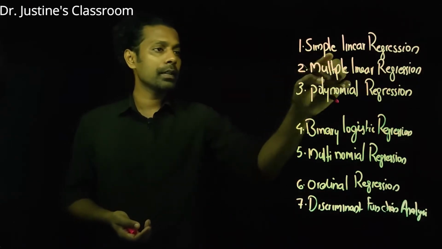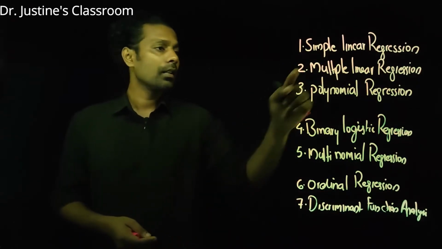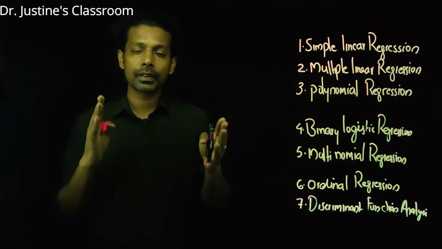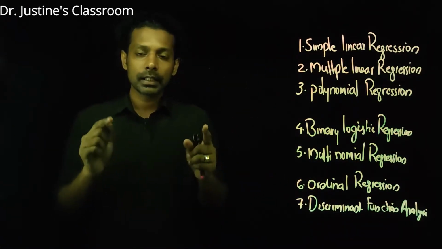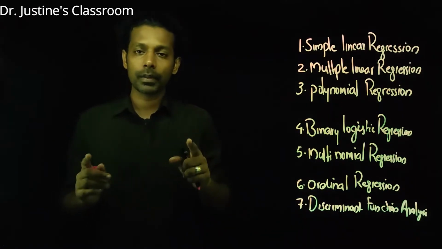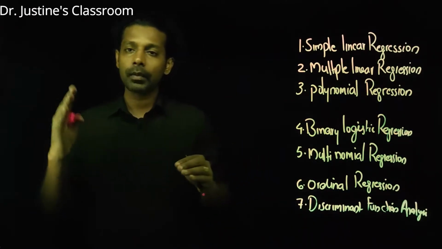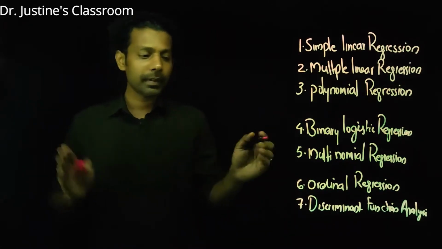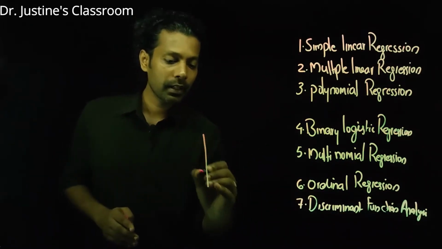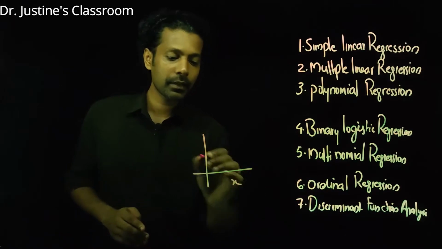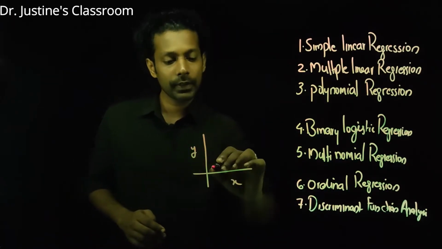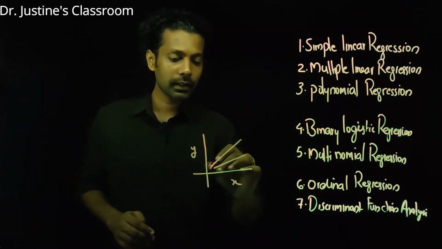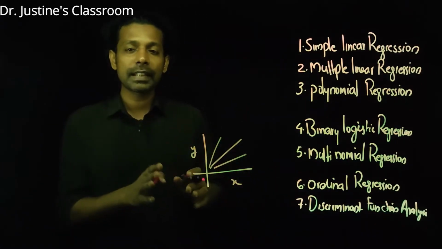So we have the first method, simple linear regression analysis. So what does linear mean? You should have a straight line relationship between two variables. See that straight line relationship between two variables. So when one variable increases, another variable also will increase. That's a linear relationship. Okay, and the pattern would be the same. For example, if you have an independent variable here x and a dependent variable here y, and if you have a straight line relationship like this, so this or this or this, these are called linear relationships.